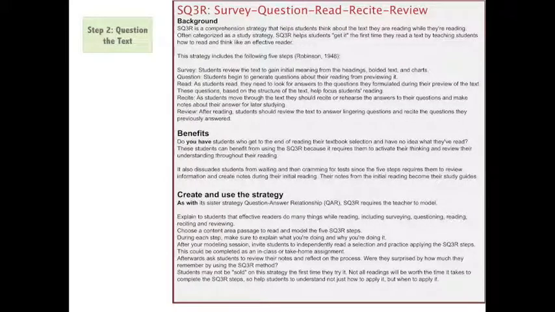Good. All right. So then the next step is to question the text. And this is where we're going to turn the title of the passage into a question. How can we turn that title into a question? This title itself